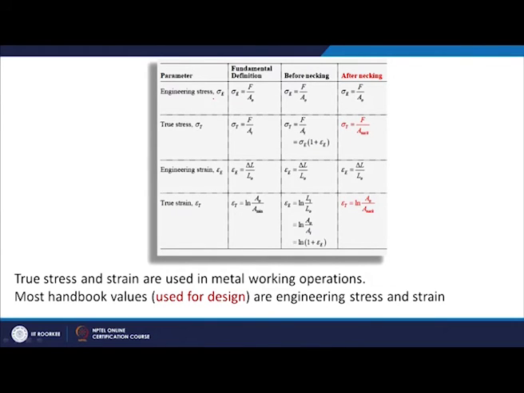Now, these are some relationships, just to clarify. For engineering stress, at every point I will have the cross sectional area as A naught, and the force is whatever my machine provides. In true stress, I take the force the machine provides, and the cross sectional area will be the instantaneous cross sectional area, which can be given by this. Up to before necking you will have this. After necking, as I told you, you have to take the area of the necked region.